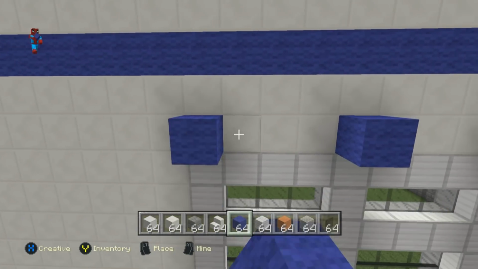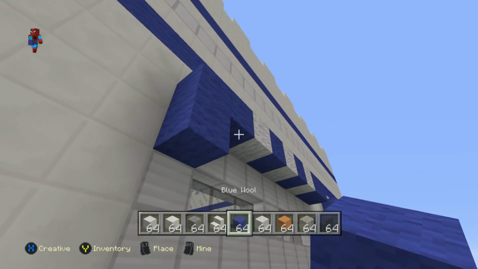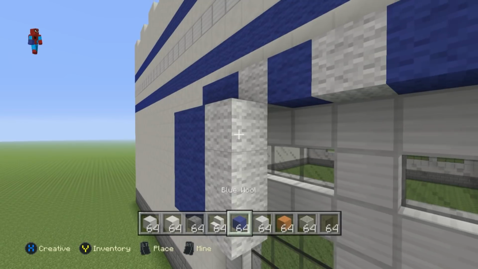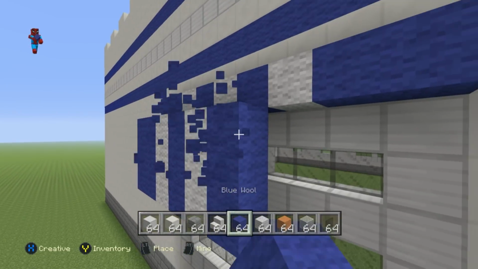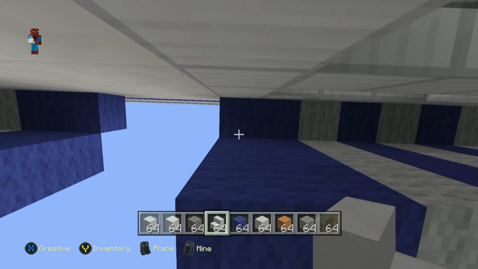Did I add the upside down quartz stairs to the windows? I'll have to check that on the opposite side. I'm sure I did. I think I did, but I'm never always completely sure, so we'll have to check that, and we'll have to remember to add the upside down quartz stairs onto these windows as well. So let's just do the upside down quartz stairs,